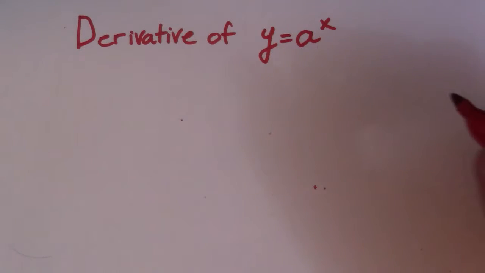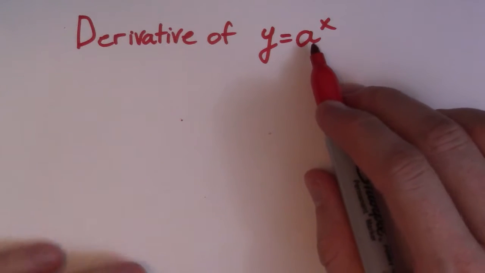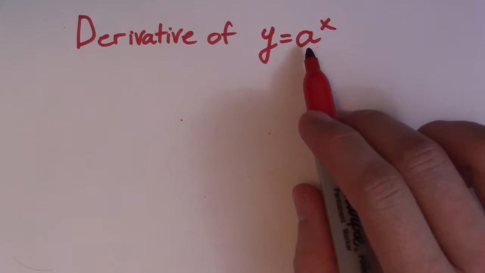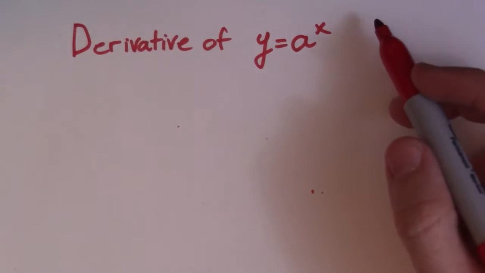This video I'm going to talk about the derivative of an exponential function. So something like y is equal to a to the x. This a could be any number. It could be 2, 3, 4, 5, whatever you want it to be. Alright, so,